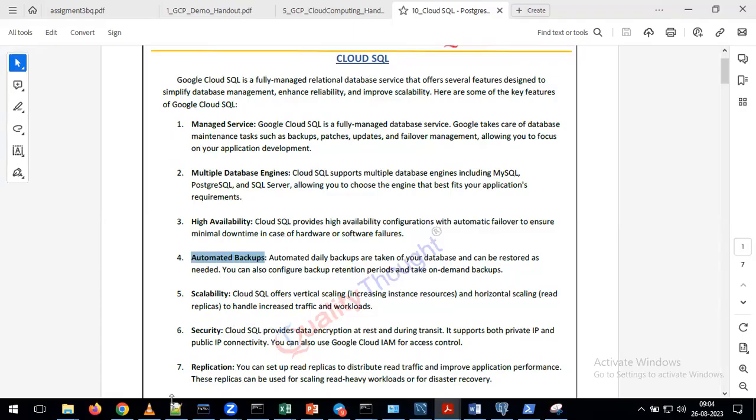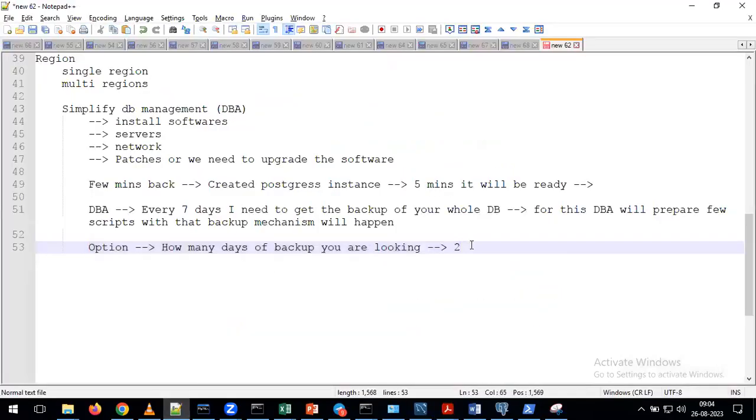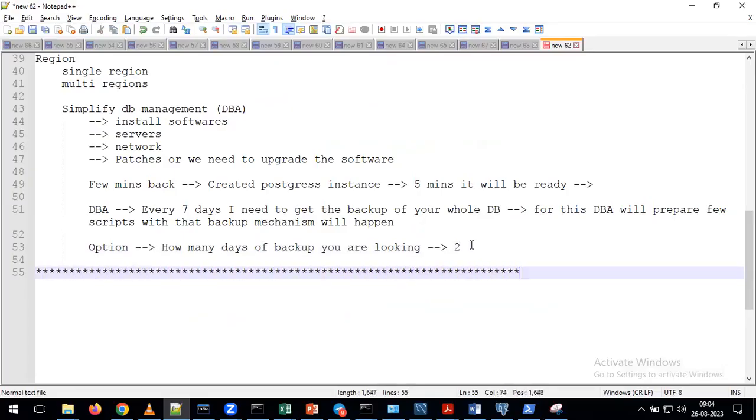Okay. Up to here, any questions or confusions, please ask me. Sir, it is only for 3 servers? Sorry, can you repeat? It is supporting only 3 servers like MySQL, SQL Server, and Postgres. At present, it is supporting only these 3 relational databases, and maybe in the coming days they will add other relational databases. But at present, GCP Cloud SQL is supporting only 3 databases: MySQL, SQL Server, Postgres. Maybe after 6 months they will add one more database. We are not sure about that. But at present, it is supporting only 3 relational databases.